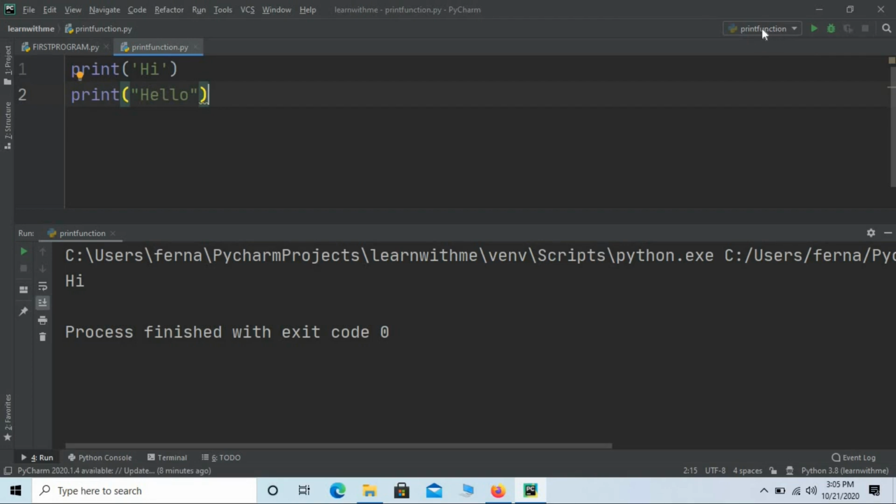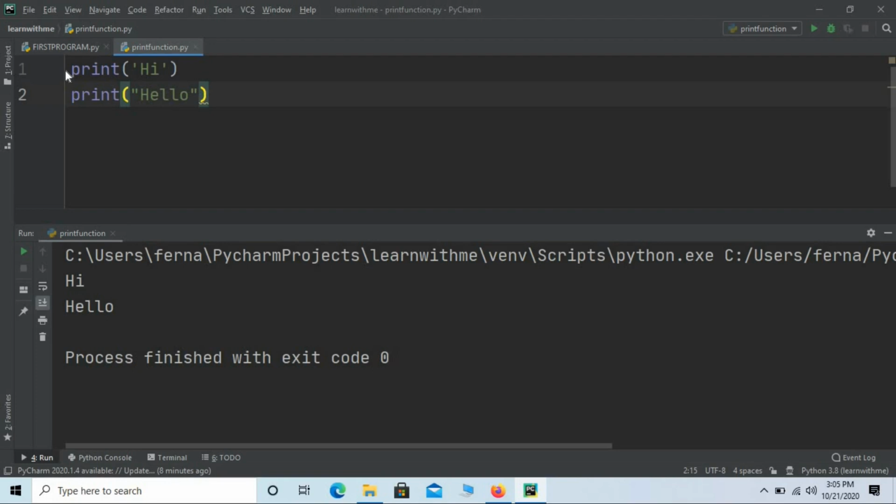Now you can see print function here. So directly you can click on this one, or you can also click on this particular option to rerun your print function or rerun the file, and just select here. Now if you observe the first statement, print hi is printed. Second one, hello is within double quotes, so hello is also printed, so it is working perfectly.